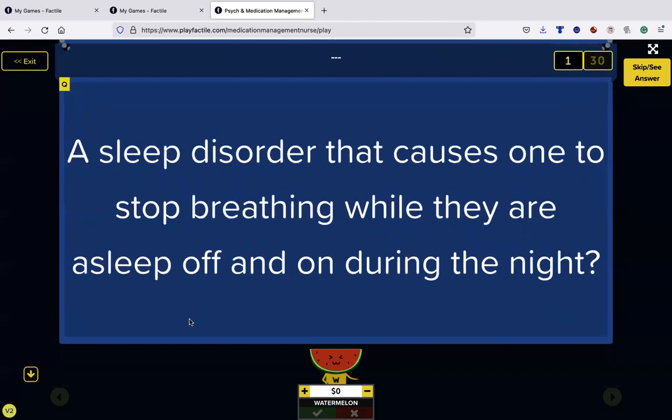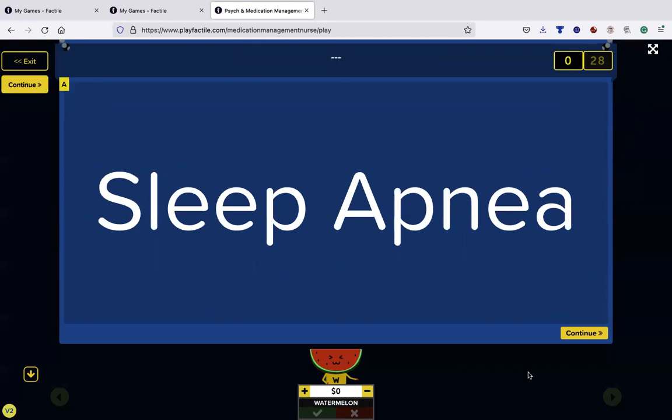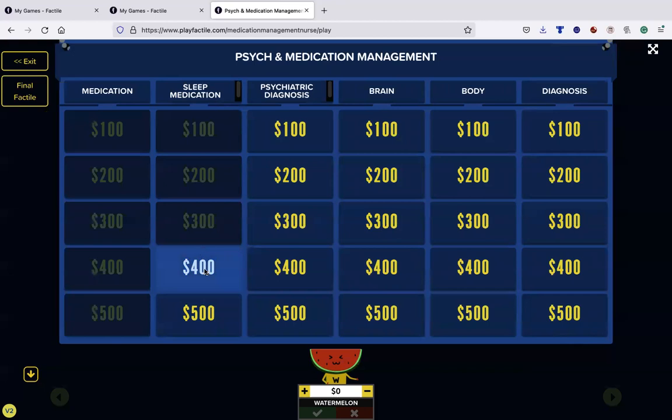A sleep disorder that causes one to stop breathing during the night, we know that is sleep apnea. And the reason why I put that on here is because it's been linked, with evidence-based practice, with the potential to contribute to depression, just like your thyroid being off and whatnot. That's why I always say rule things out. Don't just look at, oh, they're sad, that must be their serotonin or norepinephrine or one of those. It could be caused from something else happening. So getting blood tests and doing these things and looking at the whole picture.